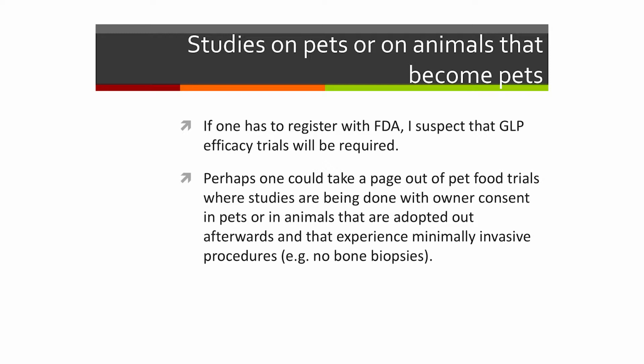One of the ideas here is that perhaps we could look at what the pet food companies are doing for pet food. Procter & Gamble bought IAMS. Shortly after they bought IAMS, one of the sites that it was using was infiltrated by an animal group who embarrassed the company. And so they set up an international advisory group, and I was one of them, to advise them on how they could move forward. And basically what they ended up doing was they ended up doing most of their research